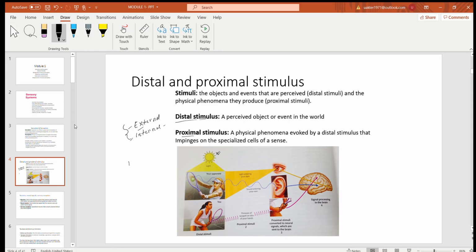This is you, and this is your opponent. You guys are playing racquetball, and you keep eyes on this racquetball, right? So the sunlight is falling on the racquetball as well as the opponent, and from the racquetball, this light is reflected to your eye. So this is you, your eye receives the light from the racquetball. So this ball is the distal stimulus,